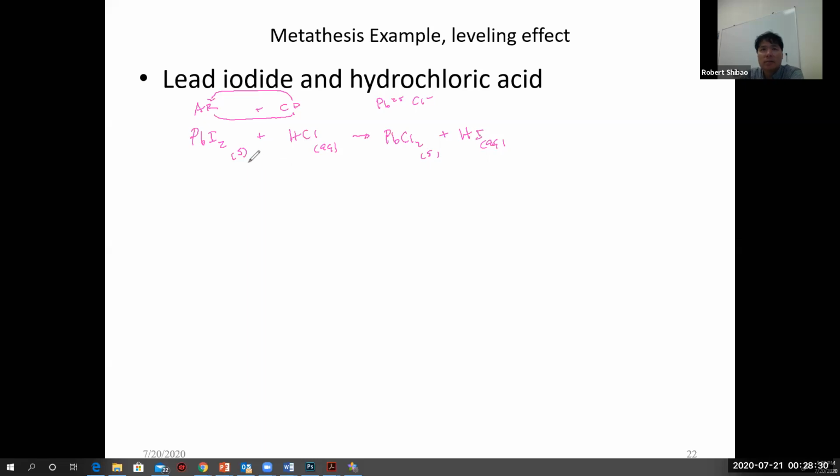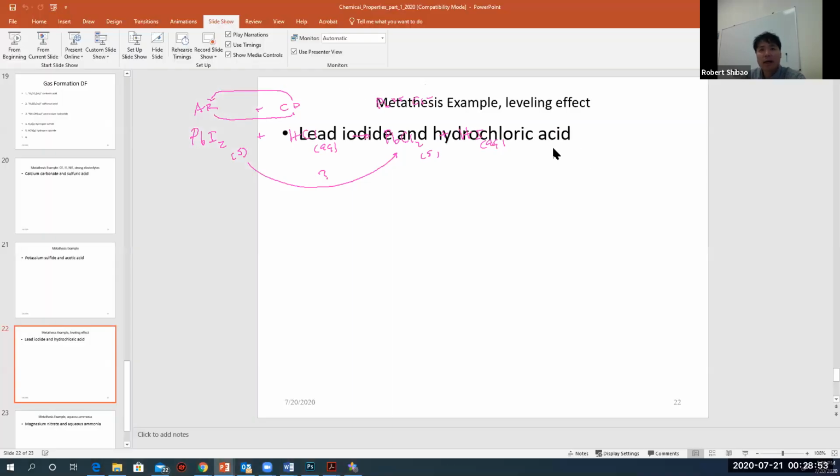Now we have a problem here. It's a solid to solid. So which one is more stable? Which one of the 2 solids is more stable? So what we're going to do is we're going to look at the solubility of those. So this one we have to look at additional quantitative solubility data to be able to figure it out. And so for this particular instance, I'm going to go back and take a look at Wikipedia.